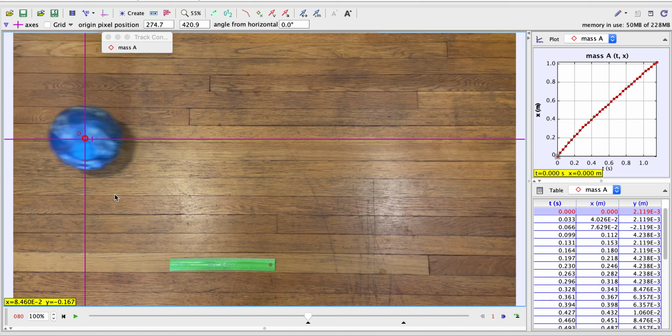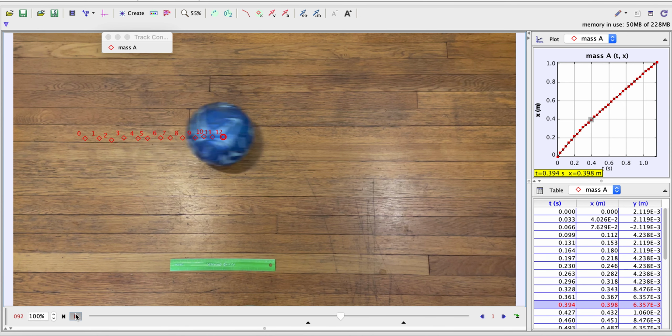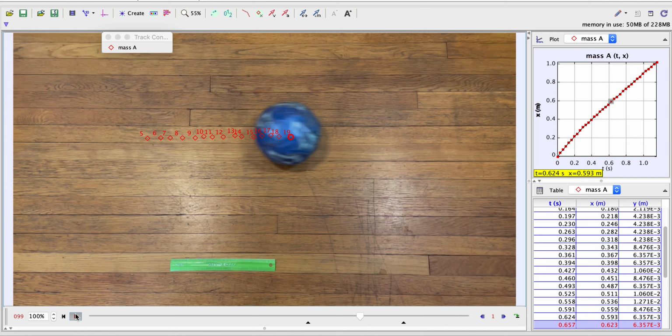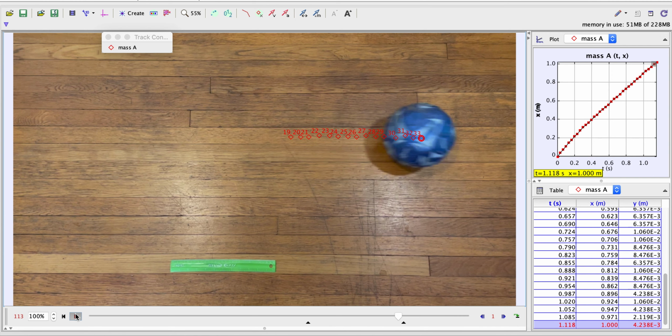The motion points along the x-axis in the positive direction along with the respective timestamps, and these are recorded via the point mass tool. So if I play this video, you can see the trailing dots behind the ball as it moves across the screen. These data points are stored in the table to the bottom right of the screen,